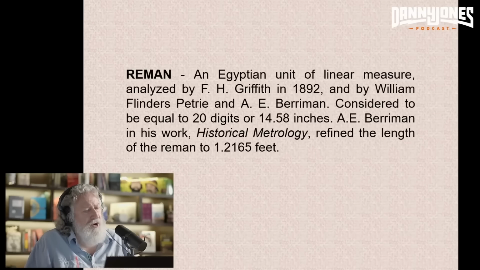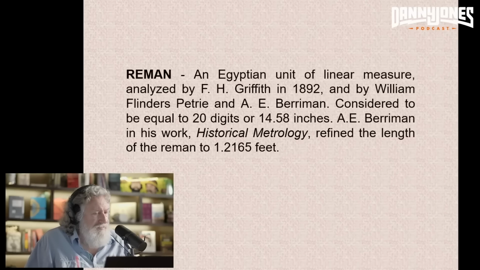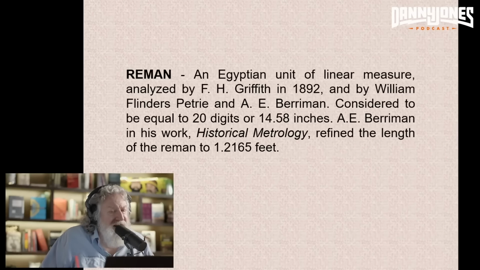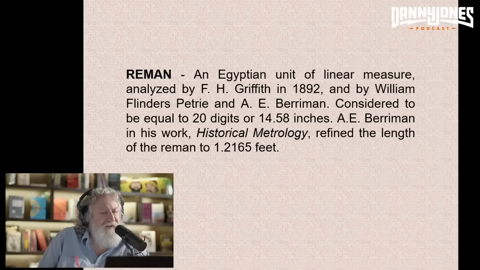And then I show historic metrology, like the Egyptian remen, an Egyptian unit of linear measure analyzed by F.H. Griffith in 1892 and by William Flinders Petrie and A.E. Berriman, considered to be equal to 20 digits or 14.58 inches. A.E. Berriman, in his work Historical Metrology, refined the length of the remen to be